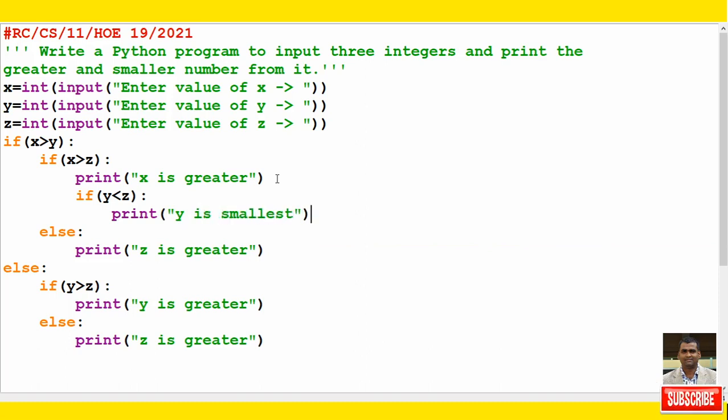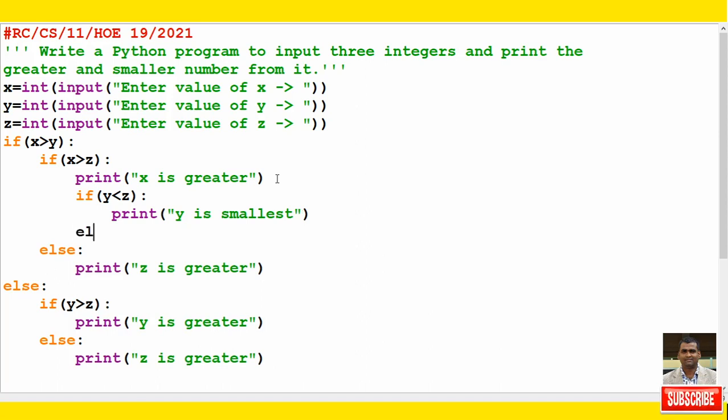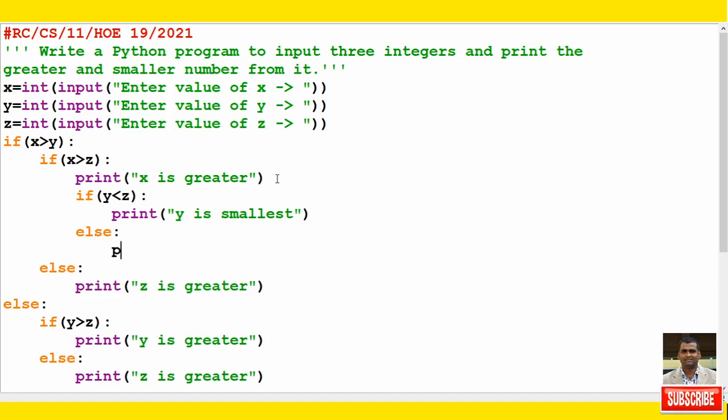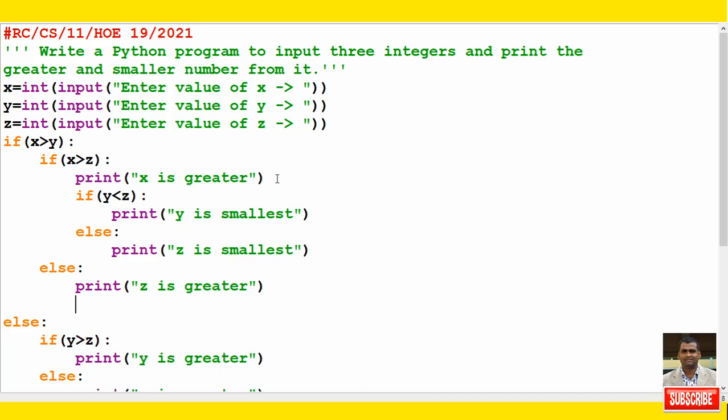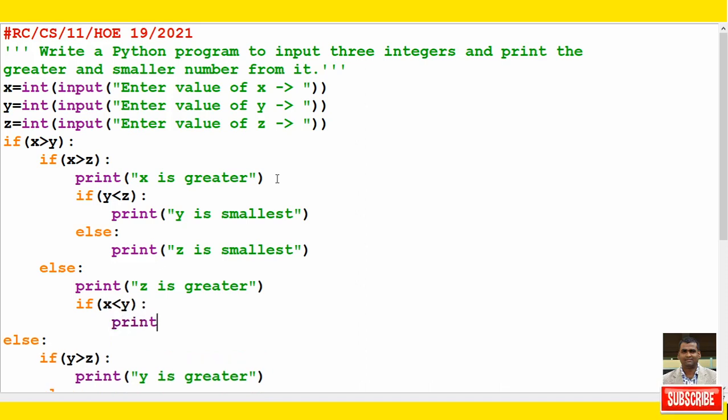smallest, right? And if this is false, then it is going to print that z is smallest. See, done. Now come back to this else part here. Here we are printing z is the biggest one. So if z is the biggest one, then the remainders are x and y. So I'm going to check that x is less than y. If it is, then I am writing here print that x is